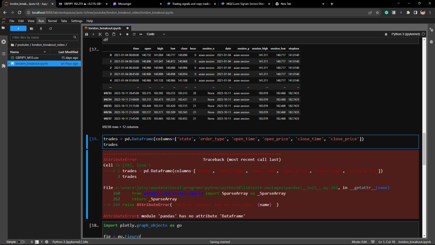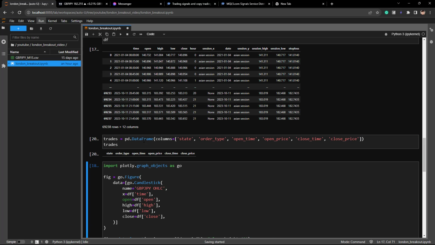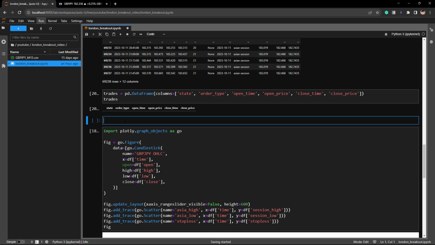And I made a small typo. DataFrame should be a capital F, and we see that the data frame has been initialized. To run the backtest, we need to iterate over our OHLC data frame. So I'm going to create a for loop for i, x, then we type in